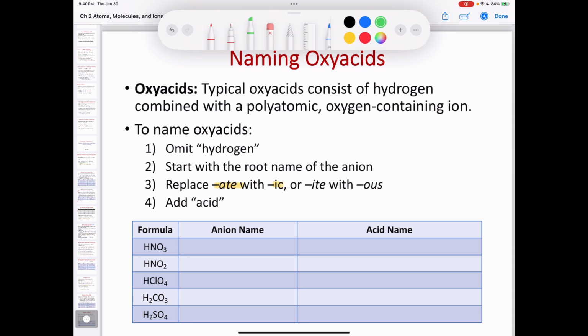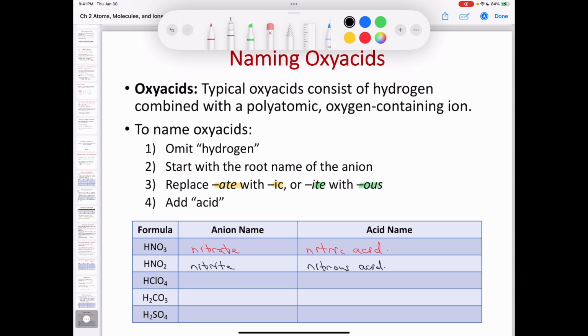And if it ends with ite, like nitrite, you change it to nitrous, okay? So if we have HNO3, the anion name NO3 is nitrate, okay? So that means we're going to change it to nitric. So HNO3 is nitric acid, like that. If you have NO2, that's the nitrite ion, so this would be nitrous